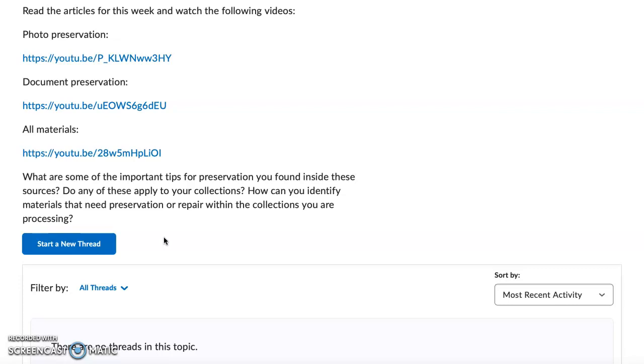Oftentimes, the best possible solution for that material is to remove anything that is going to be causing problems or difficulty, like tape or adhesives that are attached to it. Some techniques are talked about for removing that in some of the videos, as well as